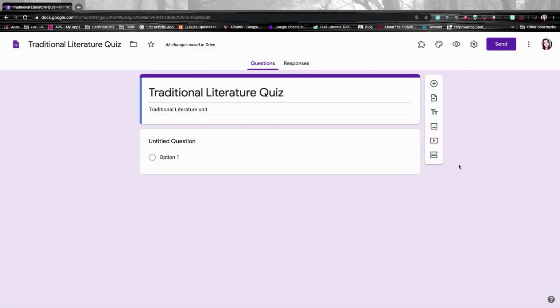Google Forms functions by questions. So we're going to be creating a different variety of questions. We're going to walk through all of the different question types. Now, the very first question style that Google Forms gives you when you first create a brand new form is